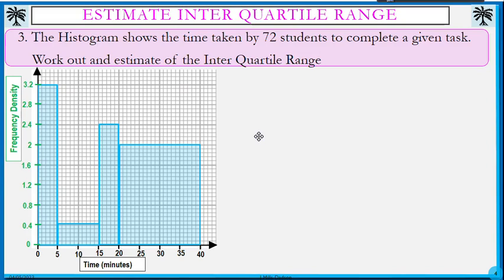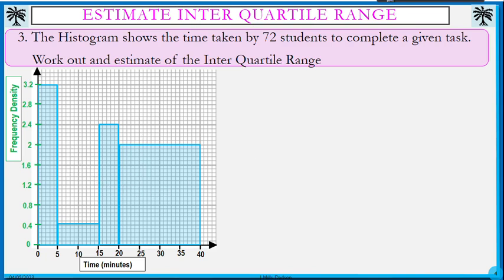In this problem, we have a histogram that shows time taken by 72 students to complete a given task, and we're supposed to estimate the interquartile range. So we might need to work out the lower quartile and the upper quartile in order to work out the interquartile range. But if you look, we're only given the histogram, so we need to work out the frequency for